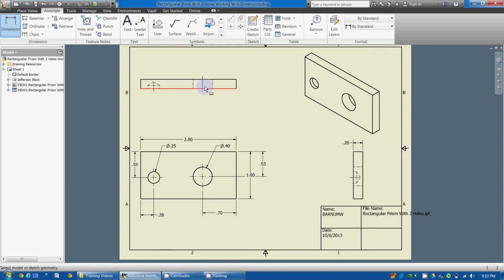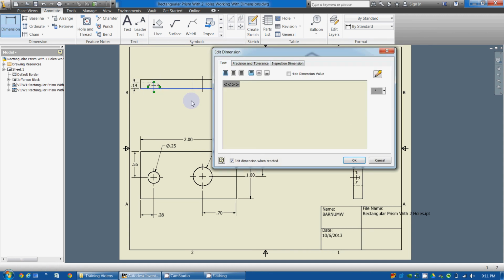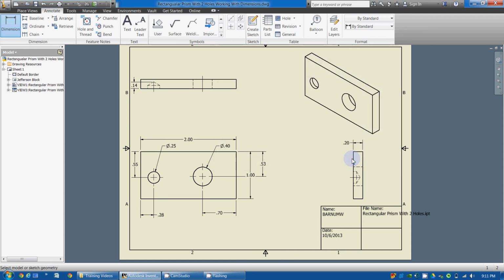In this hole, we don't have to tell the viewer how far it goes through because we know it goes through completely, and we already know how deep the object is. However, this hole, we can't tell just by looking at it how deep it is. So we are going to select the one end, the other end, and then we can tell it is 0.14